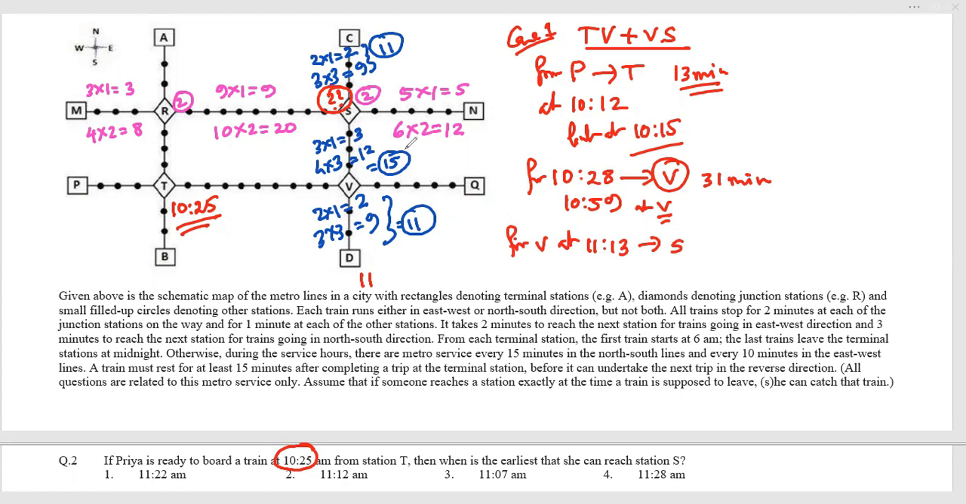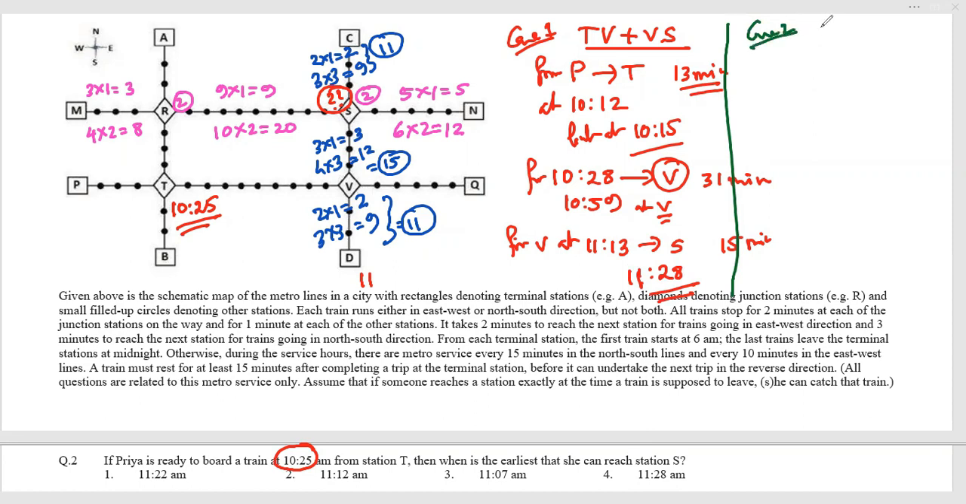And the time it will take will be 15 minutes to reach here. So 15 minutes. That means it is reaching at S at 11:28. There is one timing given, but let me check the other option. That is our requirement. So let me take the other option, case 2,